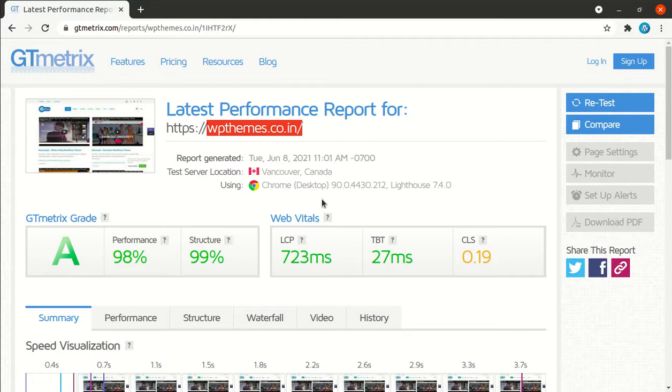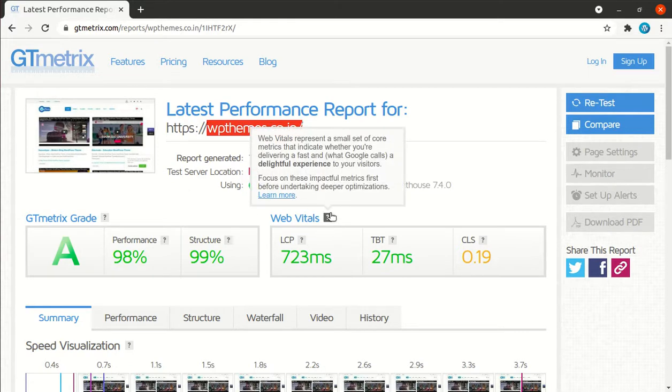Now I will define what Web Vitals are. Web Vitals represent a small set of core metrics that indicate whether you are delivering a fast and, what Google calls, a delightful experience to your visitors. If your website is not loading fast, no one is going to continue on your website.